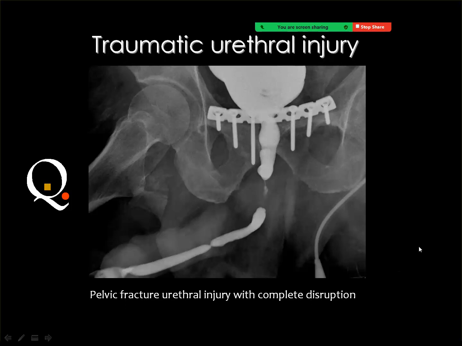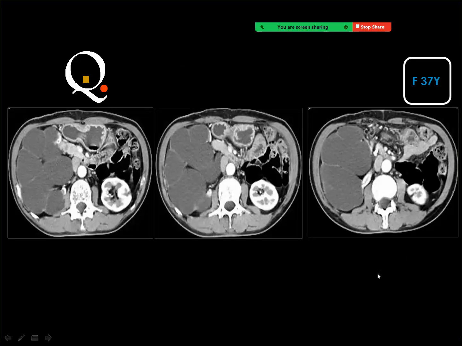Then the trauma may result in urethral rupture or urethral stricture, and the urethral stricture can be single and can be multiple sometimes. This is a female patient, 37 years old, with,